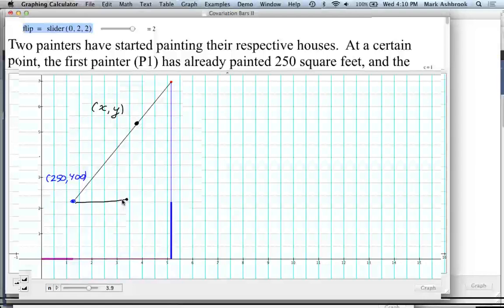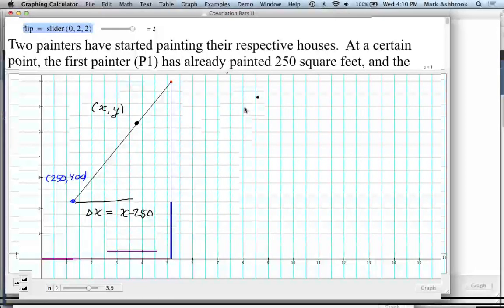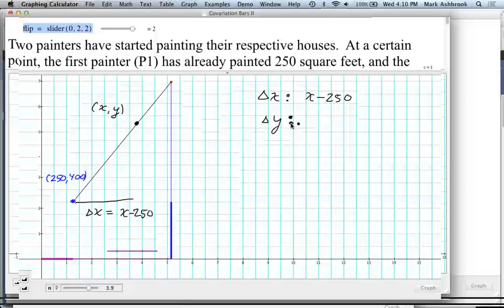So we'll start by asking, what's the change in x? So, let's see. Daniel, what's the change in x? Is it x minus 250? He's asking, is it x minus 250? Jessica, what do you think? Agree? Victoria, what do you think? Yeah. But we like having a change in x. Why? Because what can it tell us? Yeah, we always know with constant rate of change, we know the corresponding change in y.